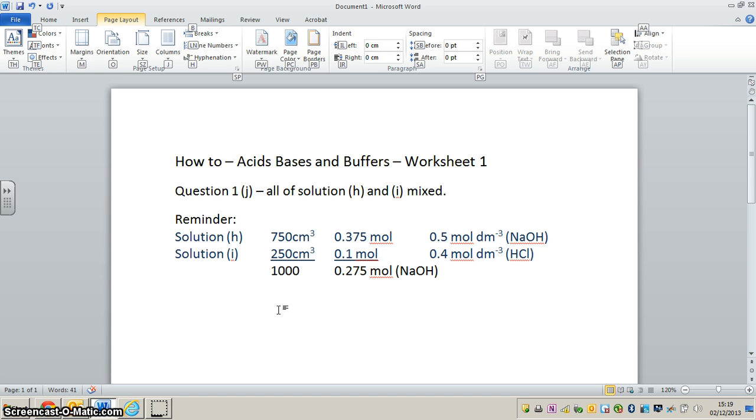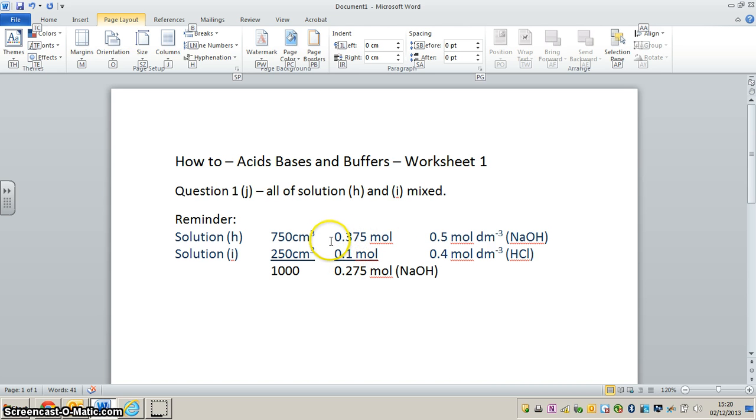So adding some numbers together and doing some takeaways. We've got 750 centimetres cubed and 250 centimetres cubed, so if we put them both together, we've got effectively 1000 centimetres cubed, or 1 decimetre cubed. So that's of importance, but we'll talk about that just now. Now, what's happened here is the 0.1 mole of the acid neutralises 0.1 part of the sodium hydroxide. So in effect,